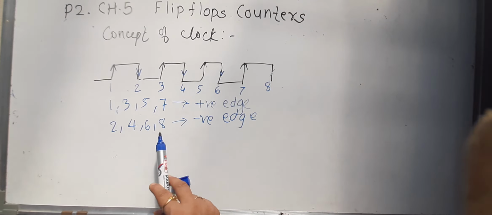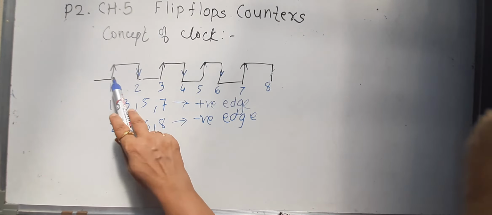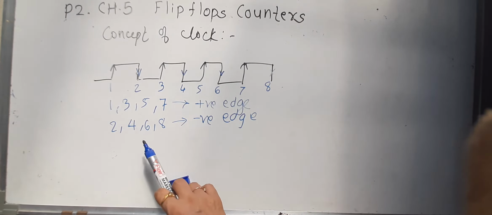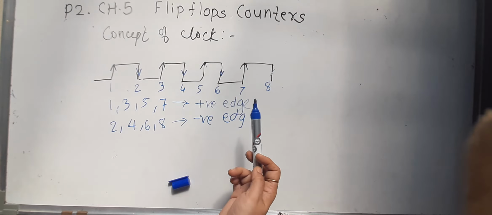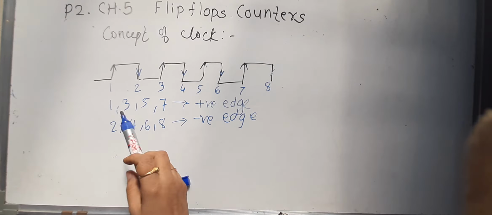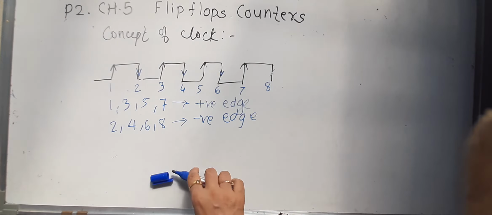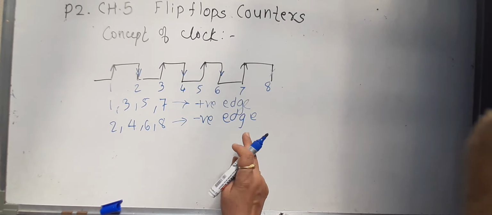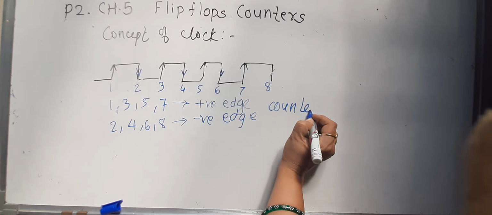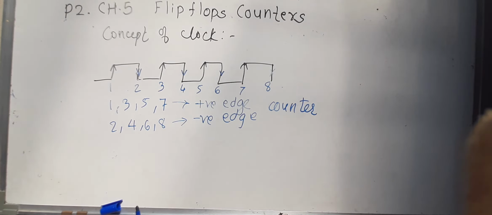In a clocked flip-flop, the output can change its state only when the clock input is high. But in some applications, it is necessary that the flip-flop changes its state at the positive or negative going edges of the clock pulse. The flip-flop can change its state at the positive or at the negative edge of the clock pulse. That will be according to requirement, and we will see this in counters. In counters, some counters are positive edge triggered, some counters are negative edge triggered.